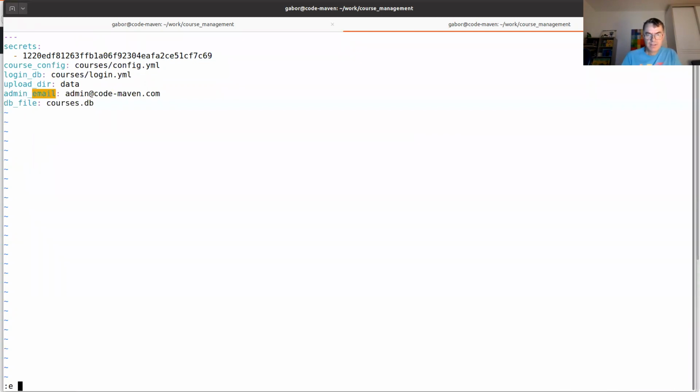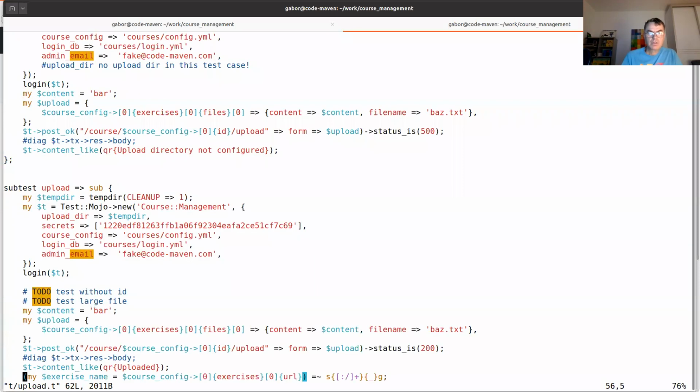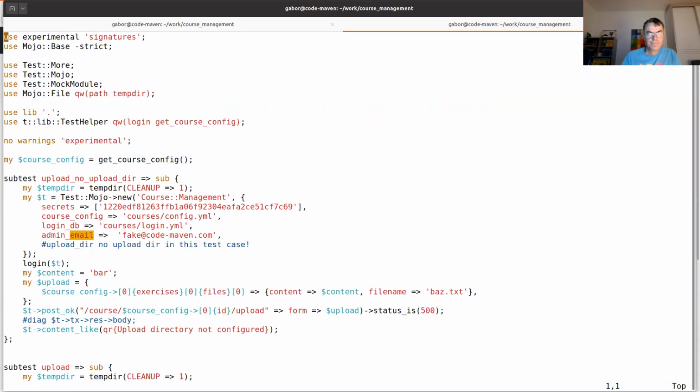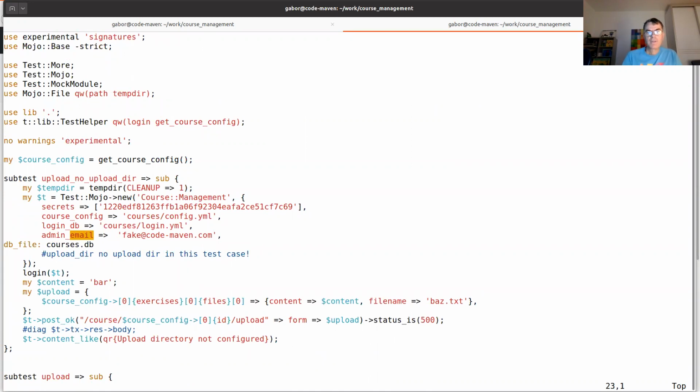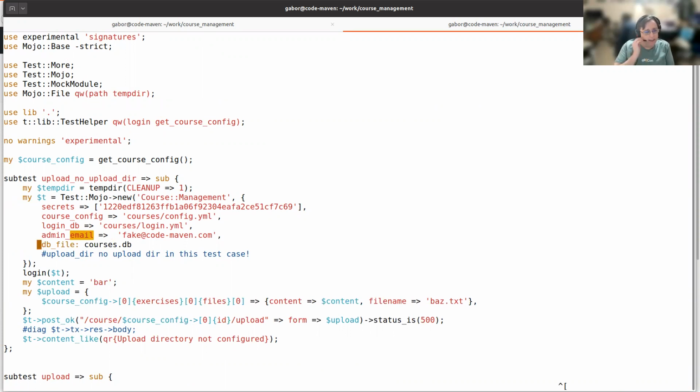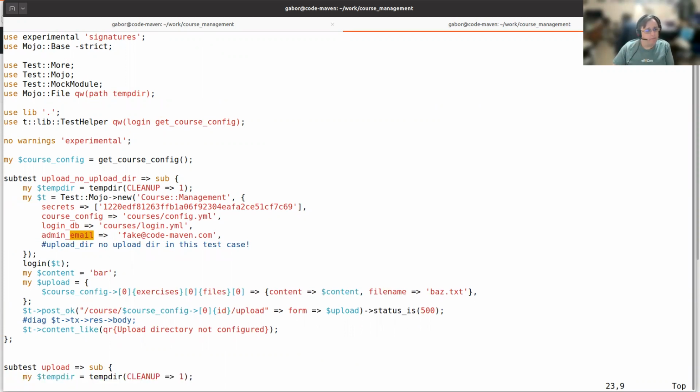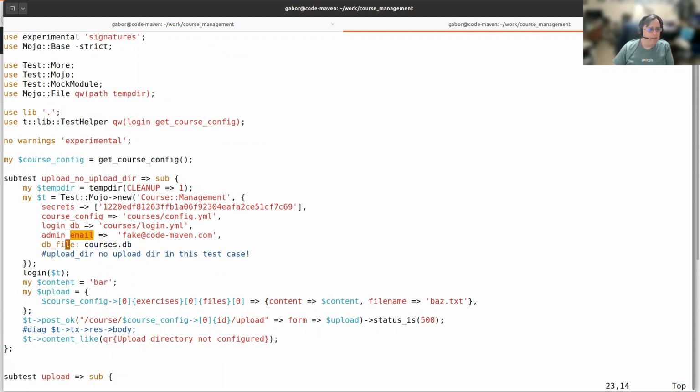The T upload. This is just testing if there's no upload directory. Okay, yeah, we're not checking that for anything. Yeah, add it to the fake config, because otherwise it's going to fail. So the DB file, and there should be